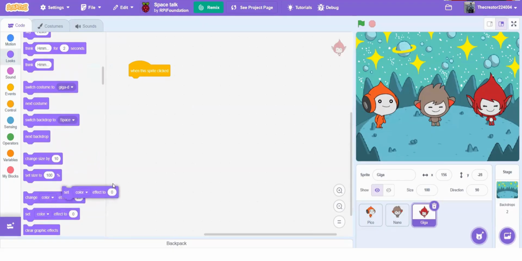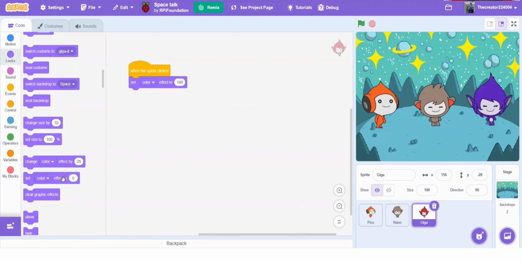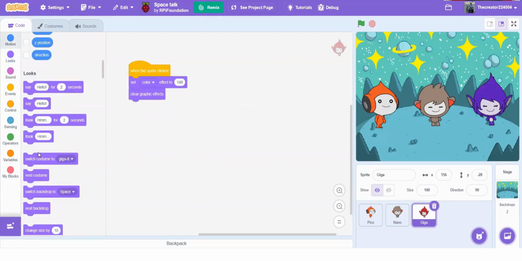So this will change his color. So we're going to drag set color effect, and we're going to choose any number between 1 to 200. It really just depends on your taste of color. So let's see, I'll do 149 because 149 is purple. I like purple. So now we will be doing clear graphic effects,